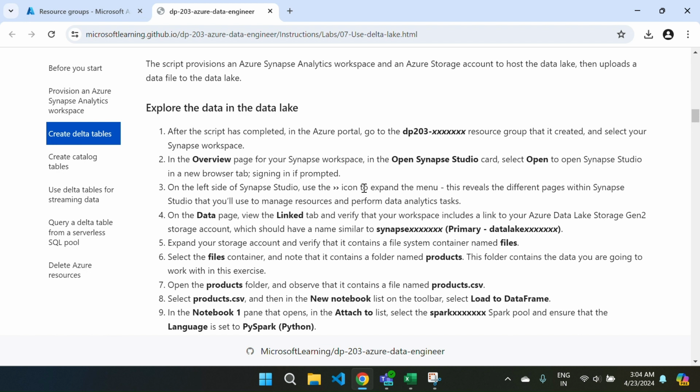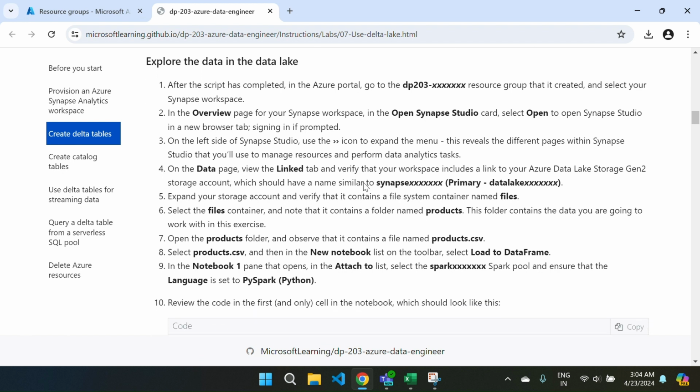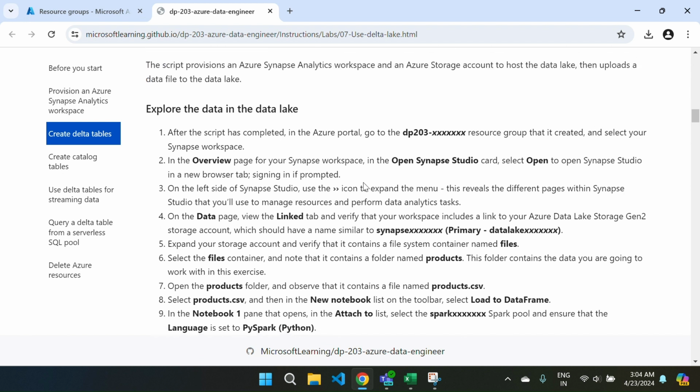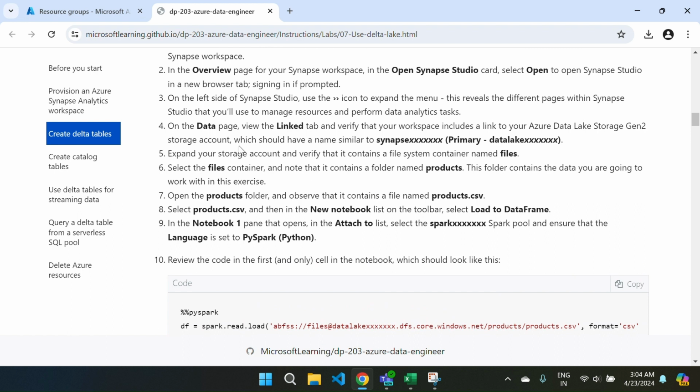I hope you understand about data lake and delta lake. I will show you in a demonstration on Azure portal. I will explain it deeply. Here is just the overview of exploring data in the lake database. As you know, in the data lake services, the files have some files and products. And if you want to check